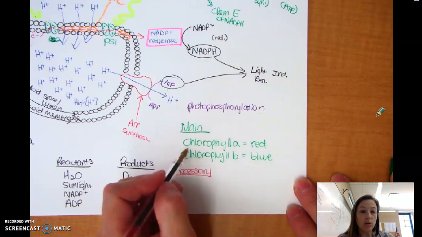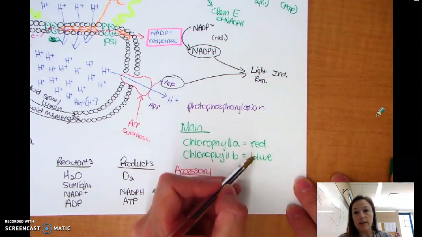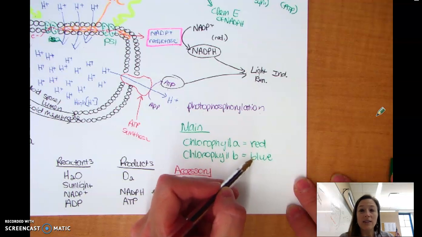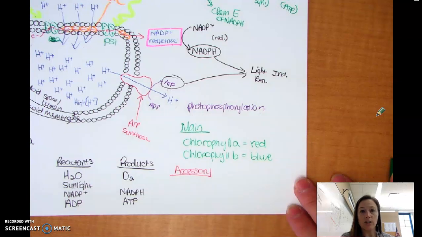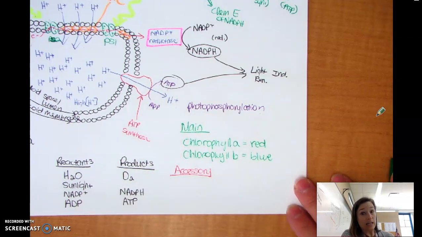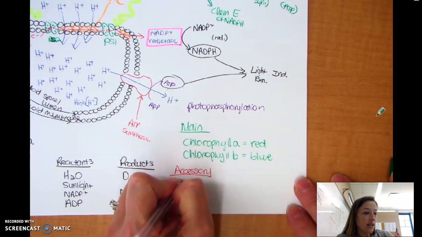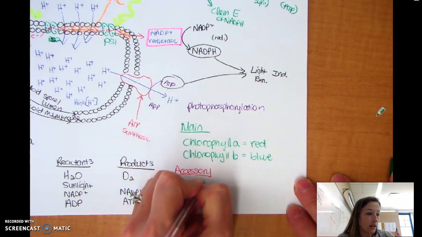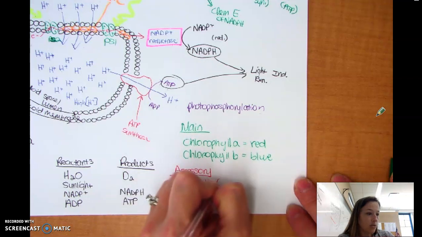So we've already said that chlorophyll A and B prefer red and blue light. That's just what they're good at. They cannot absorb green, neither one of them. And that's why plants are green, because they reject most of their green light, because these two guys say, sorry, I can't use you. So the accessory pigments, phycobilins, which are red in color,